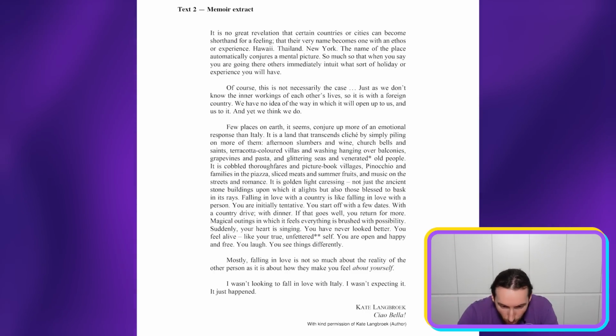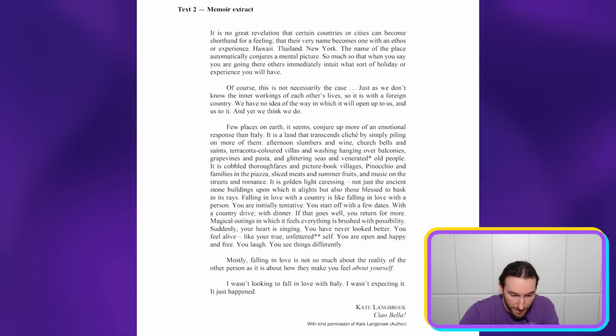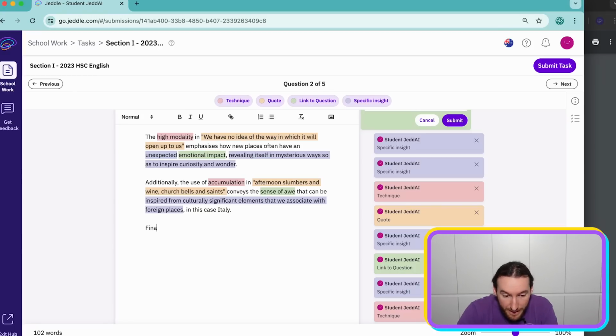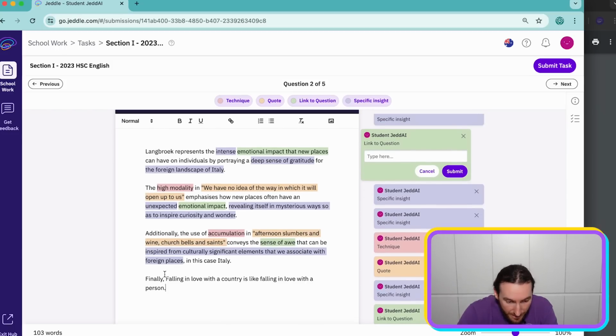We said we were also interested in the simile here. A lot of you might pick up on a simile. Falling in love with a country is like falling in love with a person. Okay, great. So finally, if you got a 4 marker, I don't mind saying finally for the last one. We don't need a link sentence underneath this. Just do 3 good sentences of analysis. Finally, the simile